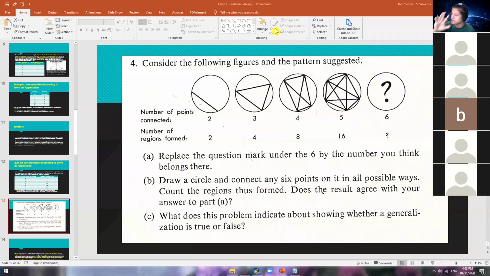Is there still someone who's trying to answer? May nagtatry ba via paper, via cellphone, via paint, or kahit ano? Basta mahalaga, magawa talaga no actual. Hindi yung nag-base lang dito sa example? Well, definitely that's inductive reasoning. Okay, that's our first 18.